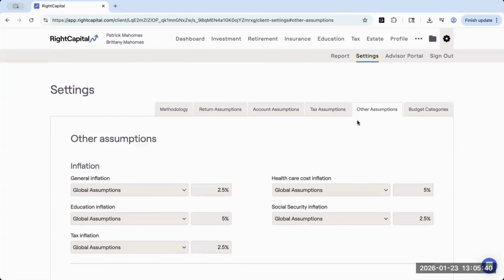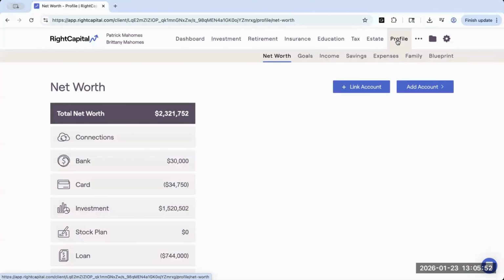In order to do that, we're going to be focusing on entering properties that the client already has. Goals for purchasing properties and properties that they might want in the future, we'll cover a little bit later on. Within the profile tab along the top, we're going to be doing most of this work within our net